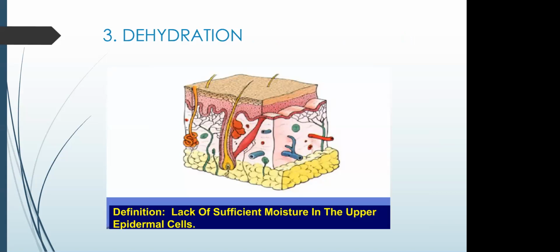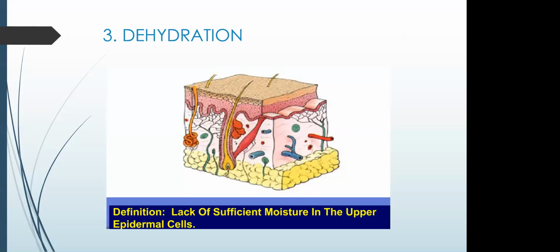Dehydration. Dehydration appears dry, scaly, sometimes flaky. It feels tight and it will crinkle when gently squeezed. The skin has a tissue paper appearance. The skin may be shiny, taut, and irritated. Severe dehydration will lead to cracking, itching, and burning. The primary cause is lack of epidermal lipids to hold moisture in the skin.